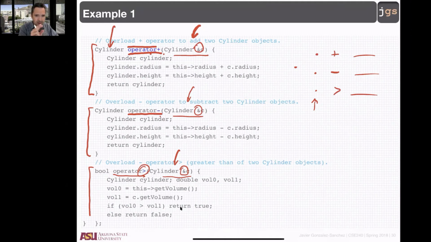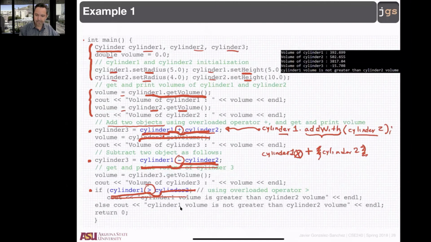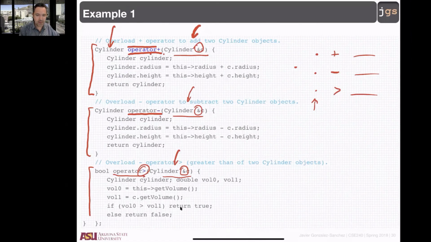For instance, you can return a cylinder. Makes sense, right? Cylinder plus cylinder, another cylinder. Cylinder plus cylinder, another one. The same for the minus. And if I think about this one,